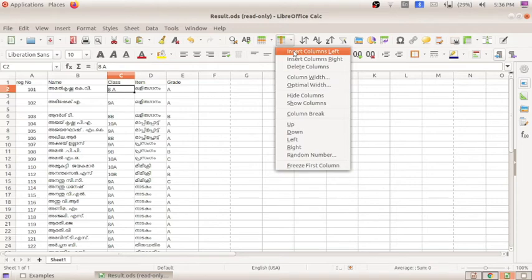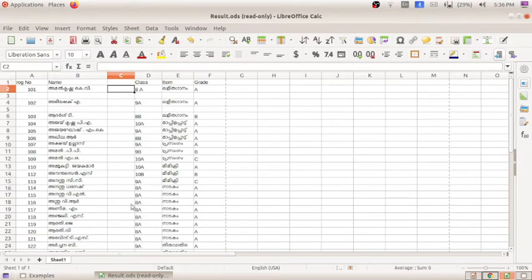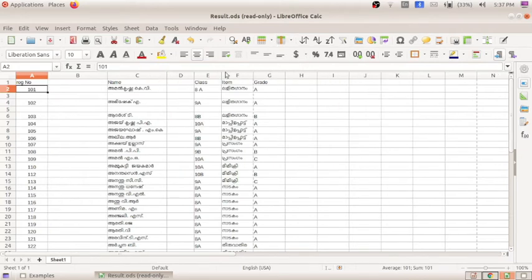If I want to add a column to the left, click here, you can see one column appeared to the left of 8A. Suppose I want to add one more column to the right of the serial number 101. Click here, insert column right. So you can see one more column over here.